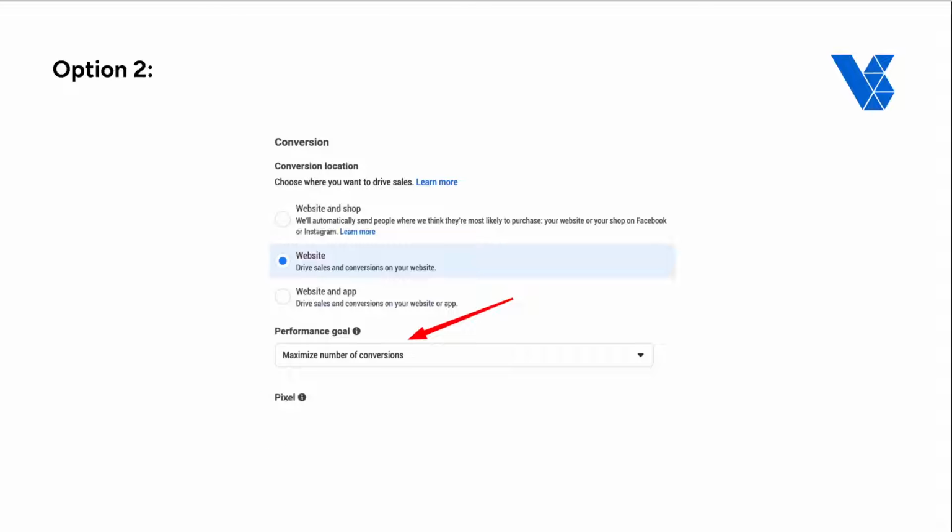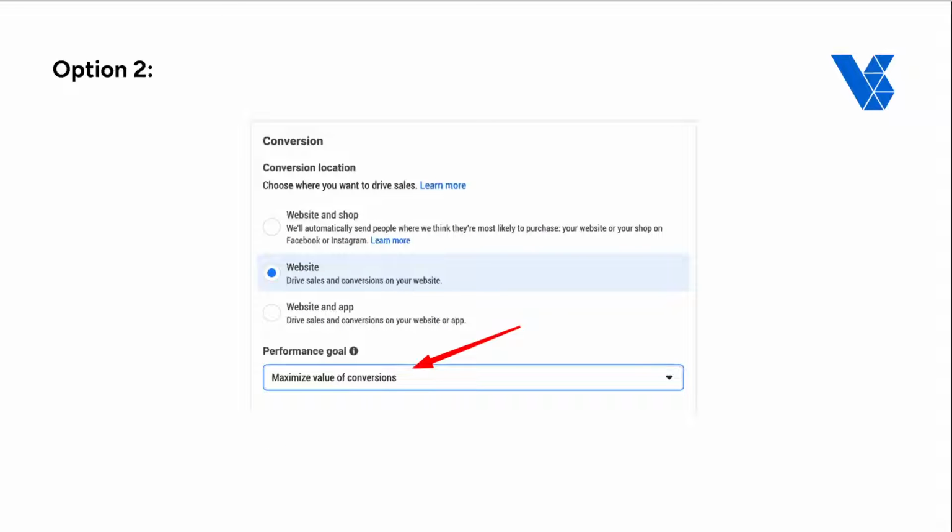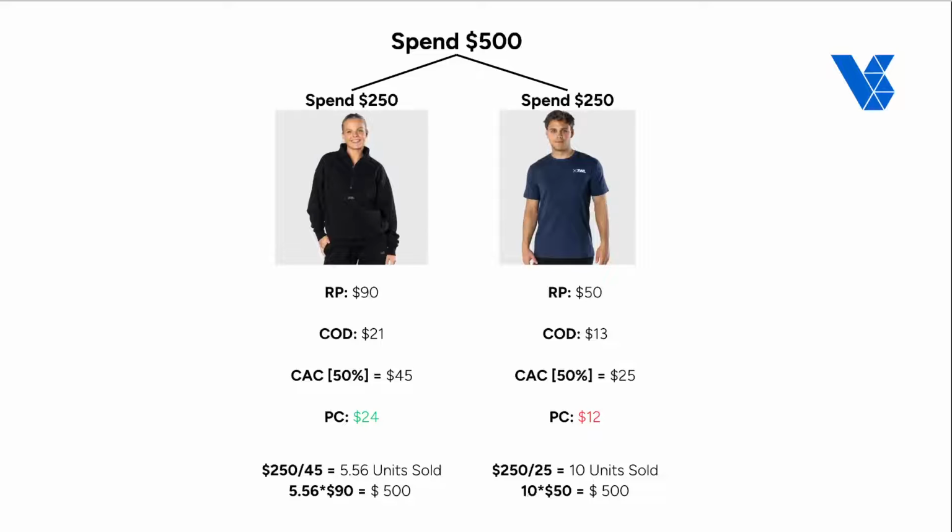Now, the easy solution here is why don't we just switch over to maximize value of conversions? On Google, this would be similar to maximizing value rather than maximize conversions. This doesn't fix the problem. And on the surface, it might seem that it fixes the problem, but let's actually run through some math and explain why. And I've gone backwards on the math here. The easy short answer is it's because both of these have a 2 ROAS, and maximize value is optimizing for ROAS rather than CPA, and therefore there's no